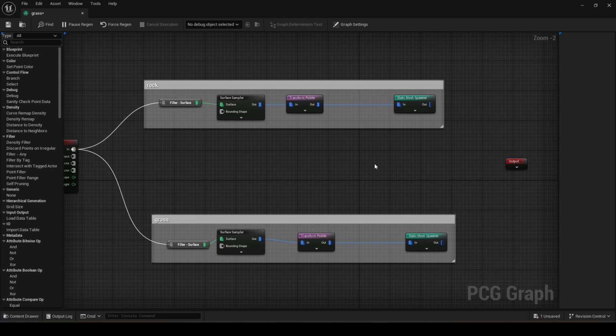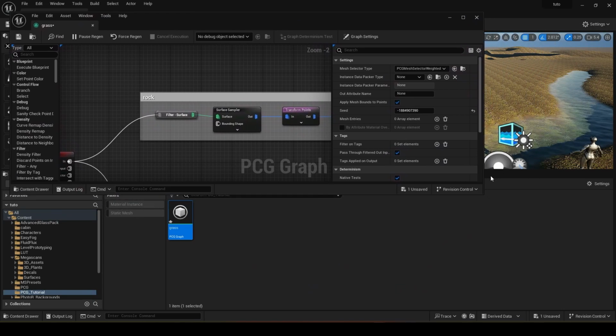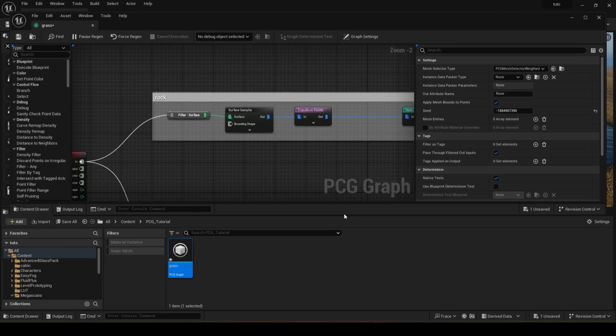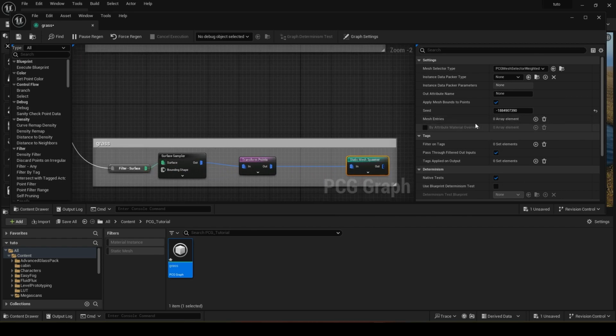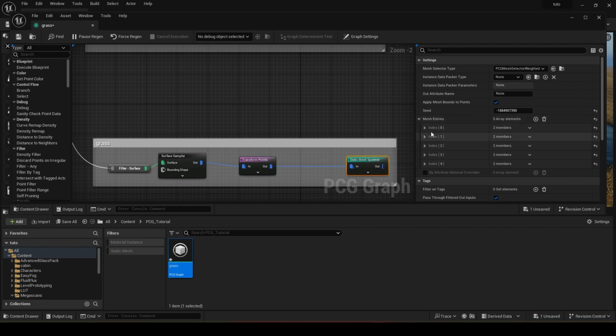So after doing all this, we have to create some more nodes before joining this output. So let's add some 3D mesh to our rock and to our grasses also. So first I'm going to select the starting mesh spawner from the grass. I will add some 3D grasses that I have downloaded from the Quixel Bridge. So here you can see mesh entries. Remember I am using this starting mesh from the grass. Okay, so I will click on this plus icon 5 times because I will add 5 different grasses,